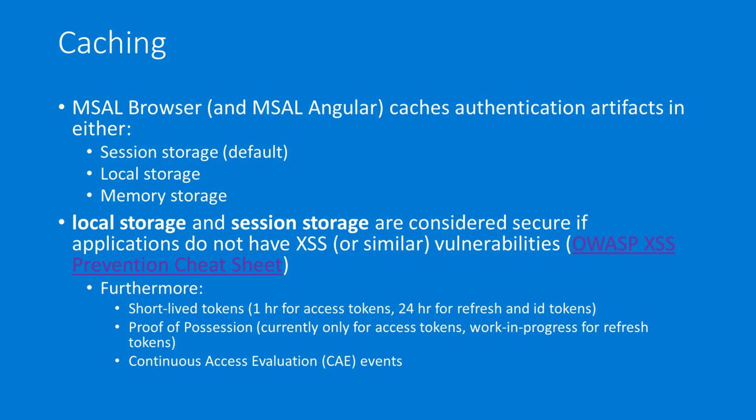Memory storage would be the most secure one because essentially MSAL does not cache items anywhere else but the memory. At the other end of the spectrum, you have the local storage, which gives you the best user experience because now the instances of your application running on different tabs will have access to the same cache. So if you're signed in on one tab, and you open the application on another tab, you'll see your app signed in immediately without doing anything because they are sharing the same cache location.